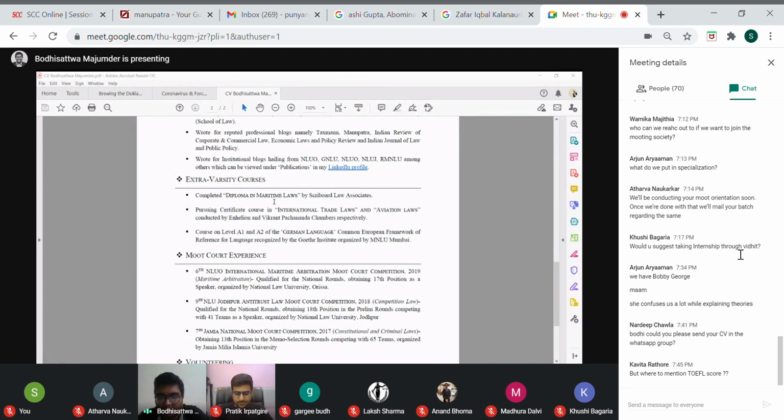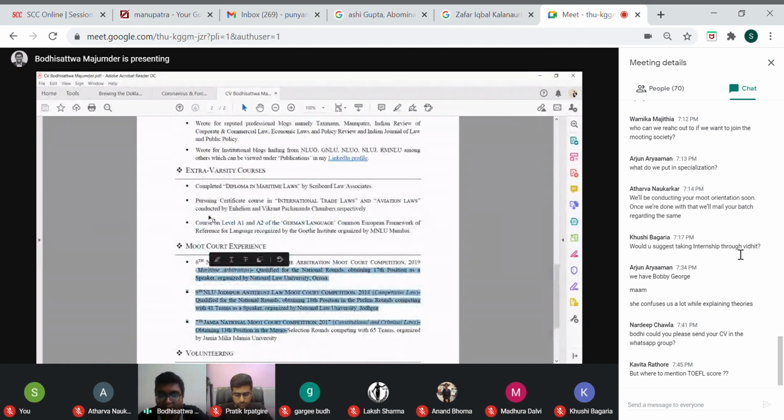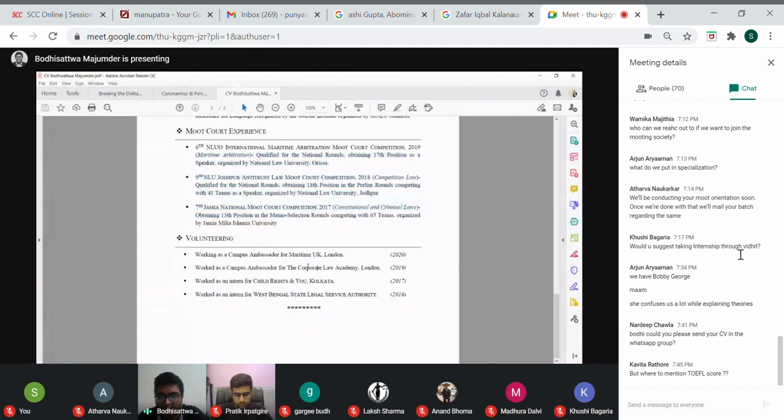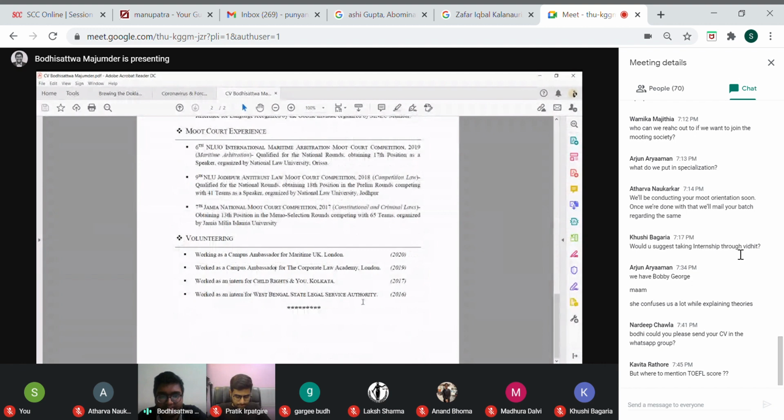Yeah, so here moot court experience is not my plus point. Therefore I've written it at the last. But if you have a moot win, you can put it on top. And also these things, like campus ambassador and all, are not that important. That's why I have written them here. But suppose you are a first year student, so you can put it in experience because you have nothing else to offer. But right now I have my internships to offer. That's why I have skipped this to put internships, but I've written this here because there is no space above. So you need to do this.